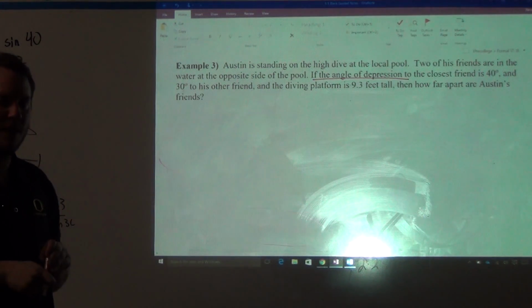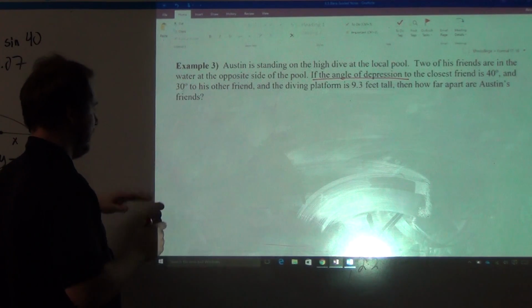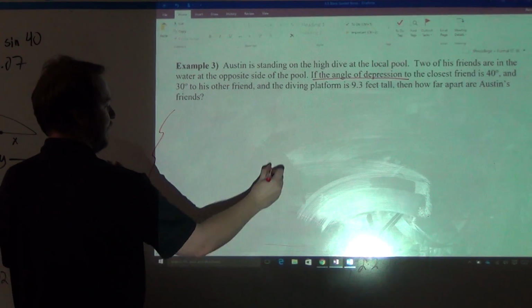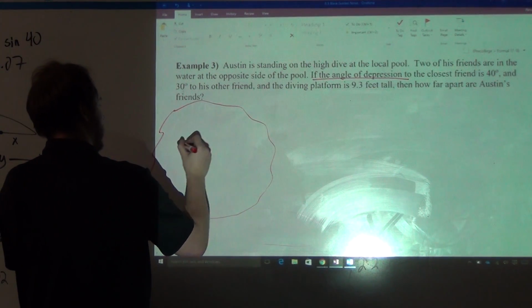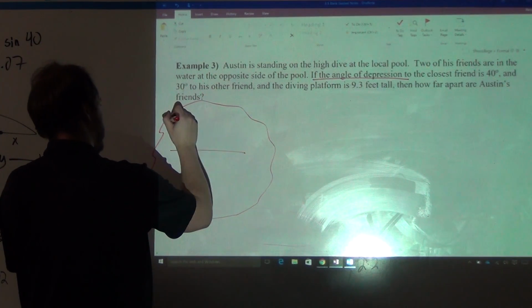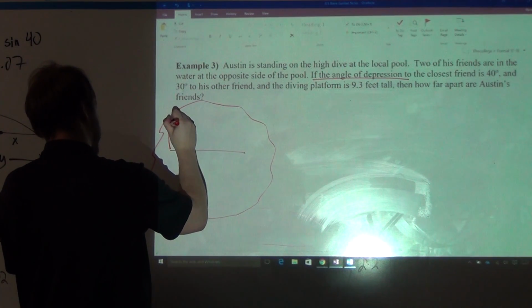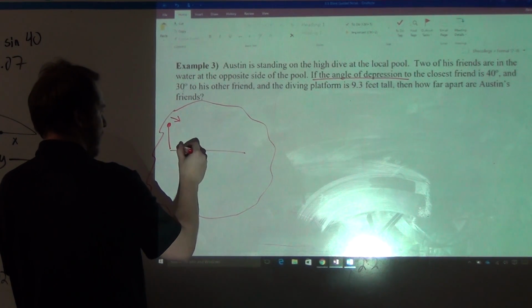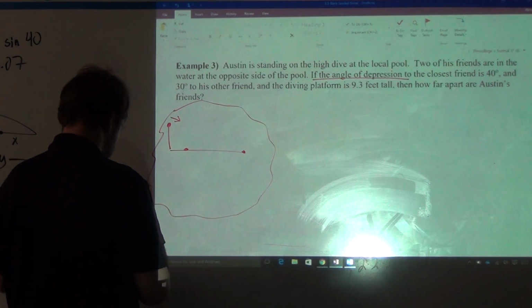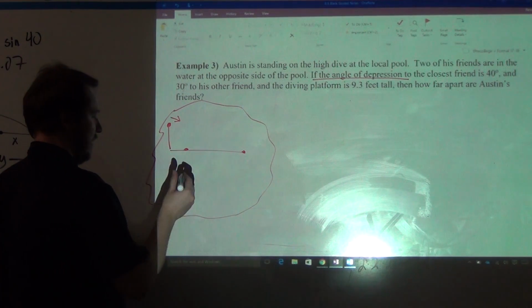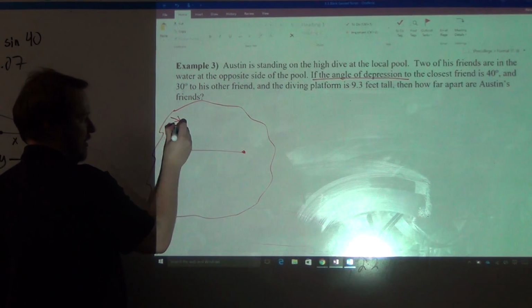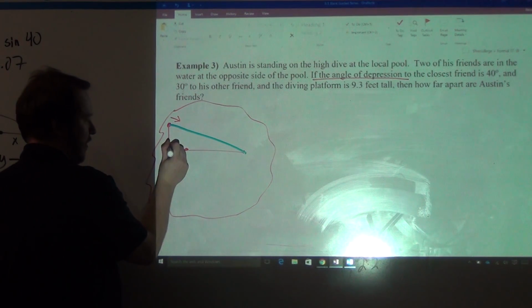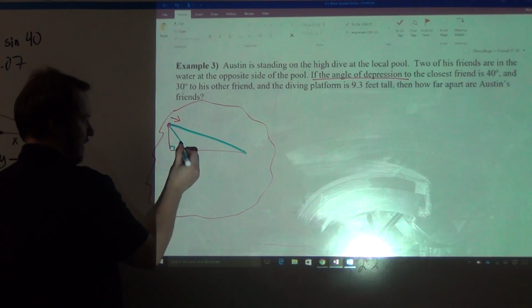Okay. So this brings in this scenario. This is kind of a thought bubble. So here's the water, here's the person that's up on the platform, and they're looking down. Let's make this really exaggerated. And we really spent a lot of time in class talking about how everything isn't drawn to scale. This is one of those things that you're definitely going to want to use your brain and decide